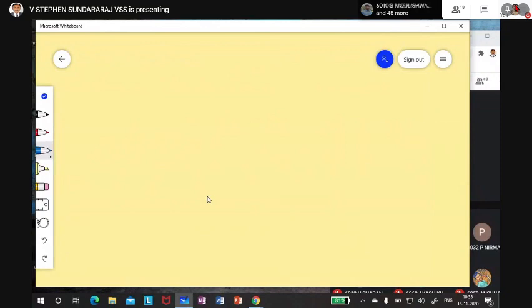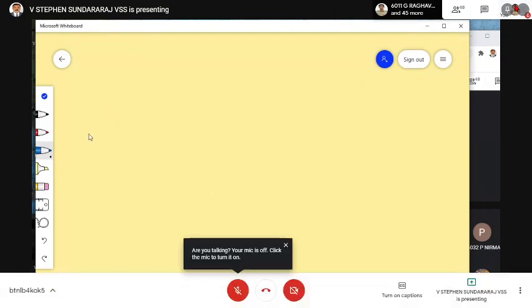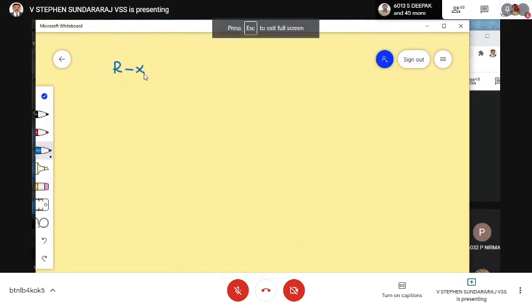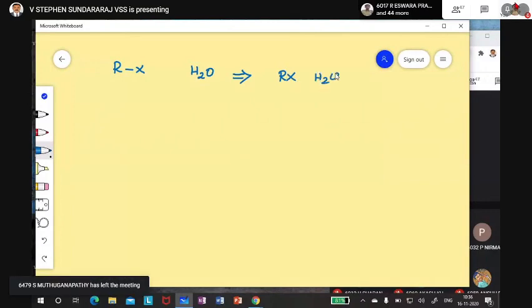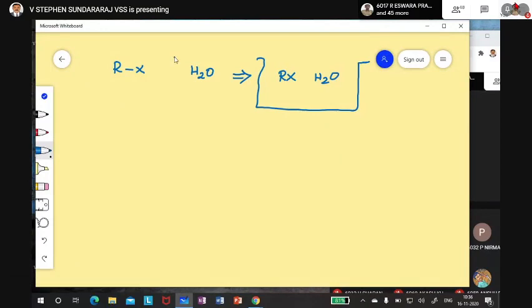Alkyl halides are insoluble. Okay, they're insoluble. They will form a white turbidity when you dissolve them in water. So, what is the reason? First of all, for the reason for the solubility, consider that RX is alone and water is alone, and now both of them are joined together, RX versus H2O. This is in the same container, and here they are in different containers. That is before mixing.